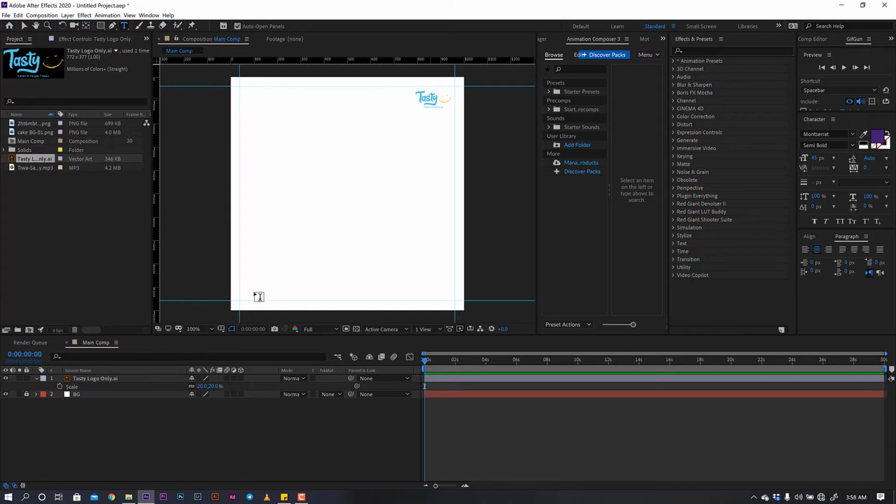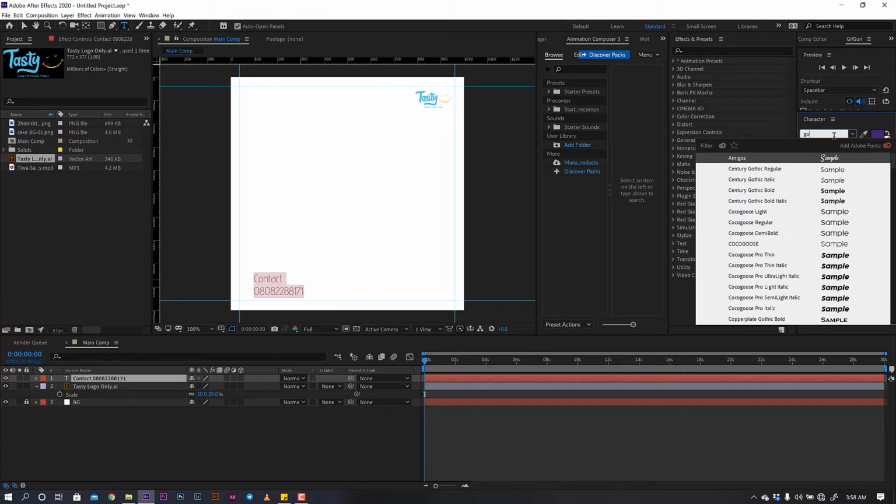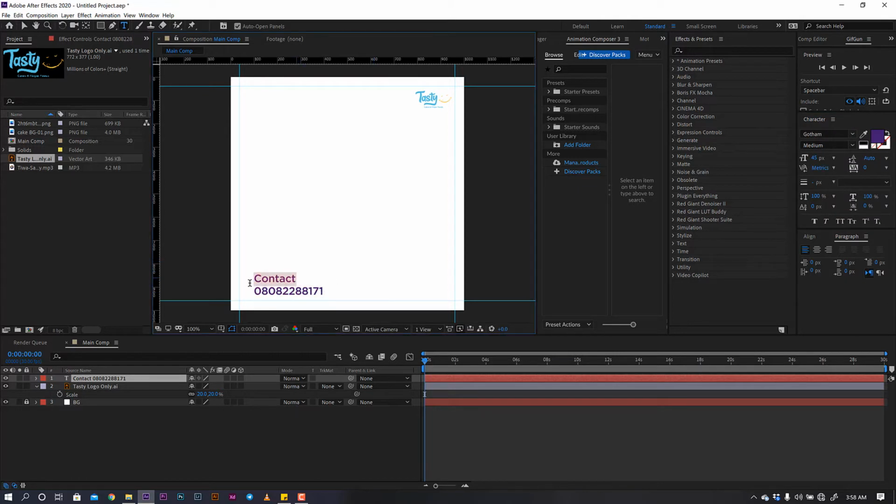composition. The next thing you want to do is write in your contact and phone number, 008228871, and change the font to, I think I'll go with Gotham, and change the weight to, I think I'll go with medium, and change this to book. Reduce the size, let's say 24, it's okay, and bring it to this point,